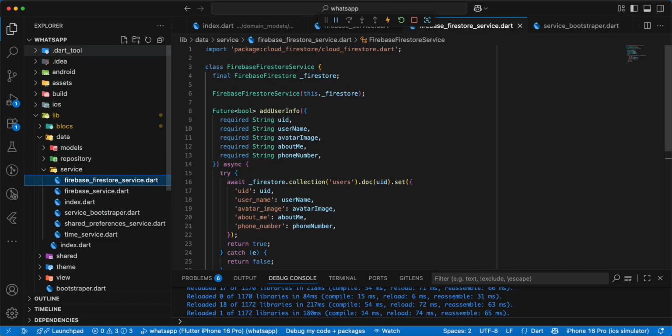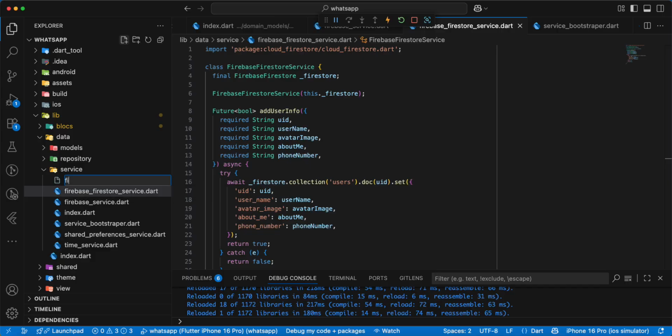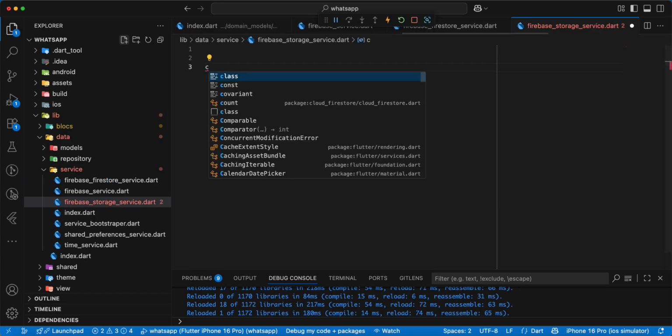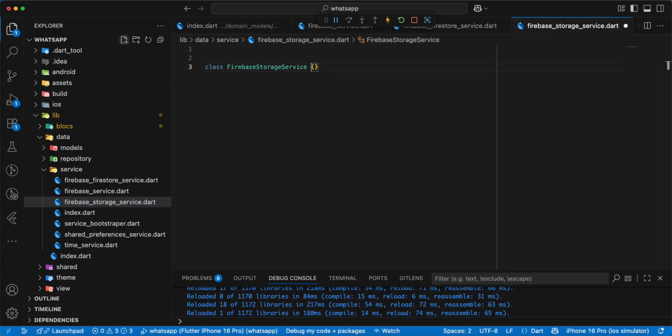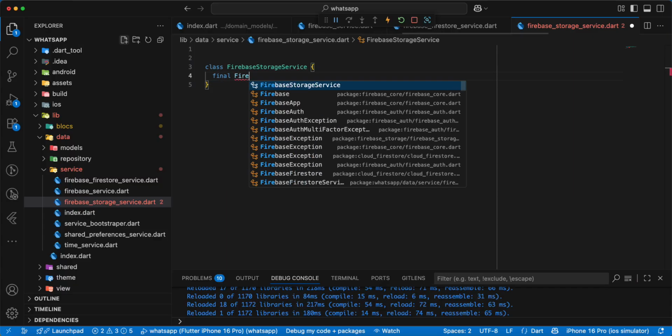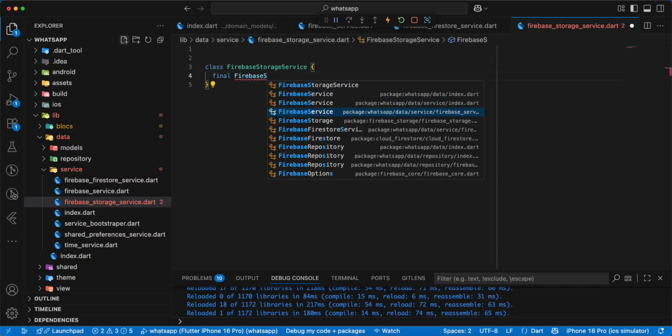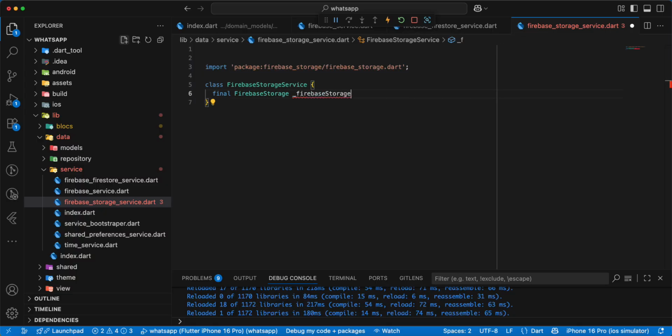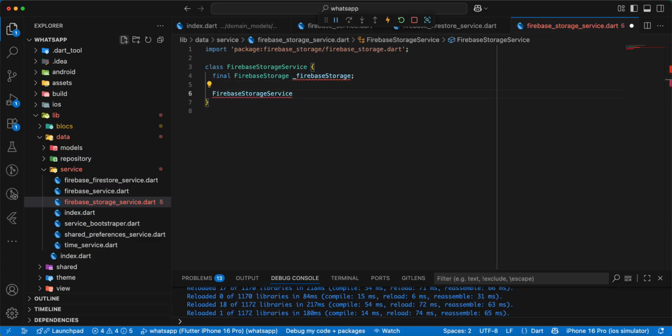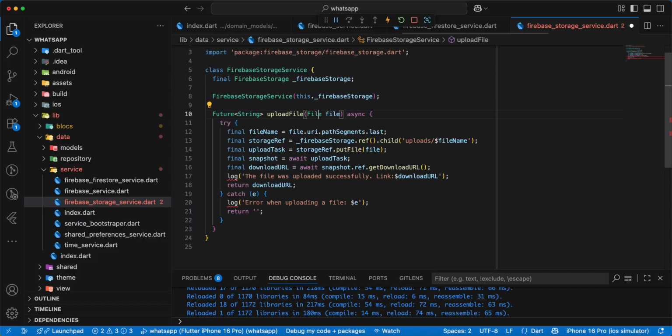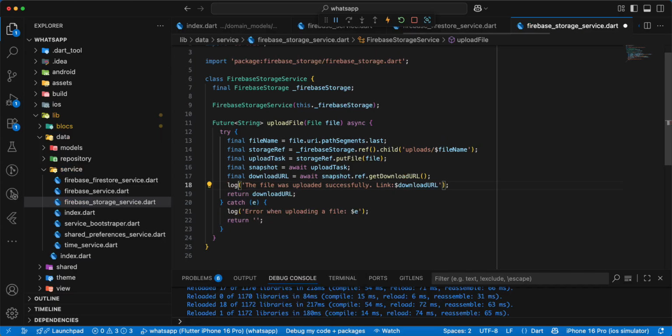Save, and now we add Firebase storage service.dart, write class, Firebase storage service, write final, write Firebase storage, add constructor, and now we add function upload file, add import, then we add function delete file,